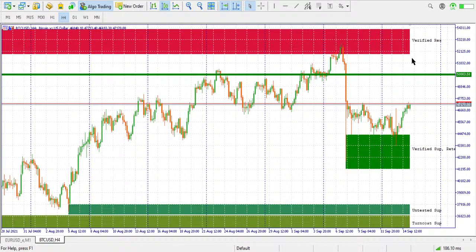So we'd like to see price pull back up to this point, then we'll sell it temporarily up to when you see another verified support. And if the price comes down to this point and touches it, then we're going to look for a buy from around the lower zone. The other symbol which I want us to look at,